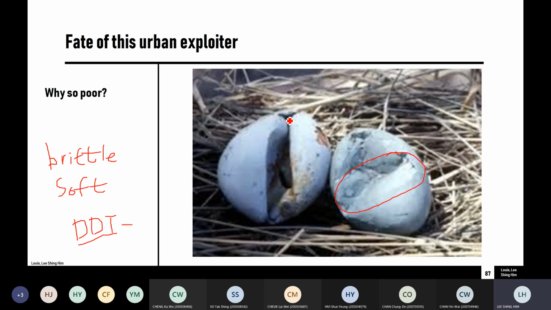The eggshell becomes more easily damaged during the incubation period. Incubation, 孵化應該叫咩啊？Incubation 即係孵蛋期。